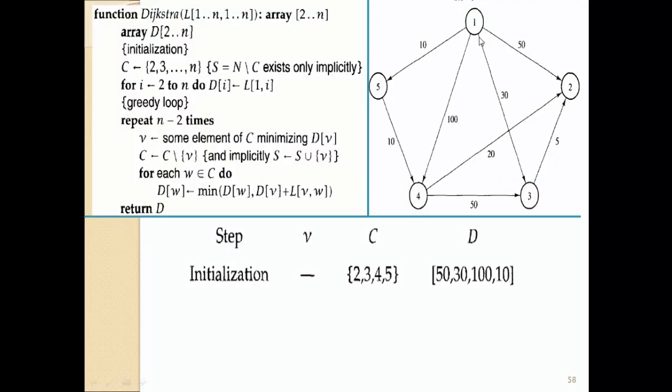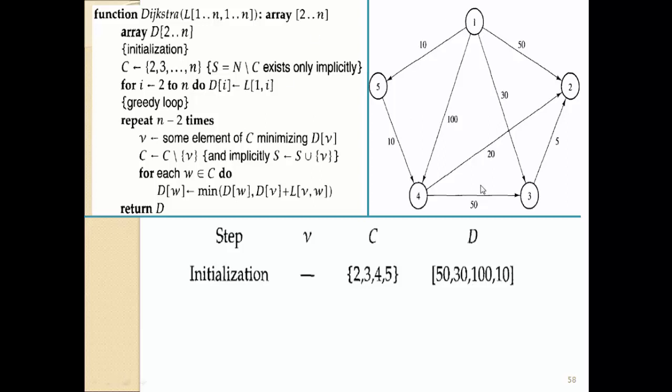Suppose we have one graph. This graph has 5 different nodes, and every node is connected with some edges, and these edges are directed edges. Directed edge means that there is one path. For example, the first node and the fifth node are connected with one edge, 1 to 5, and the length is 10. It means that the length from 1 to 5 is 10, but there is no direction from 5 to 1. It means that we cannot reach 5 to 1, but we can reach 1 to 5, and the length is 10. This is the definition of a directed edge. There may be one direction from one node to another node.